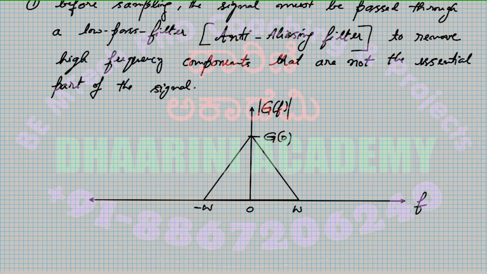It's just an example, right? We can even write any other shape of the waveform here, right? That's fine, but it should be within plus or minus that. Okay, once the filtered signal is obtained, let's call this, since I am marking this as g of f in the time domain, this should be small letter g of t. That's the representation, correct? Okay, so the filtered signal is now going to be sampled using the train of impulses,